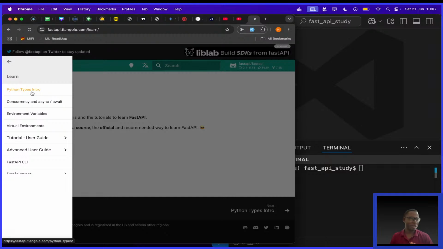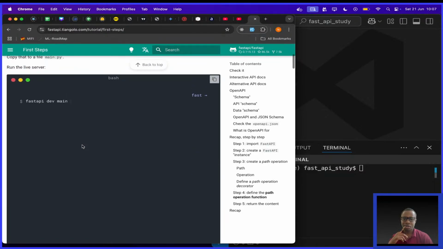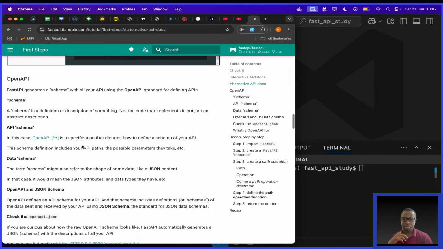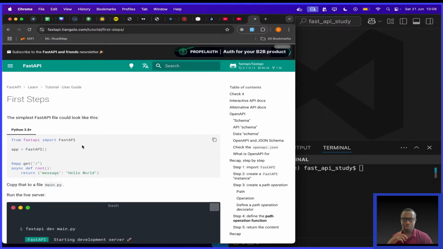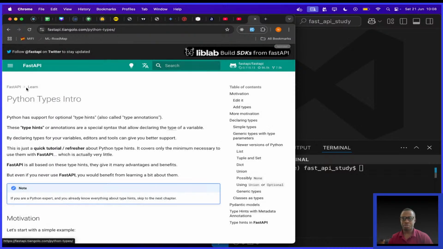Ashraf says maybe I should first do a review. So let's start from Python types intro. I want to follow this documentation in order, from the intro, concurrency. Maybe look at environment variables a little bit, virtual environment. Then we go to the user guide and see the first steps. I assume whatever is here could be really simple, but I want to have a solid understanding, not just jump into things and assume I'm okay. So let's go back and go to Python intro types.